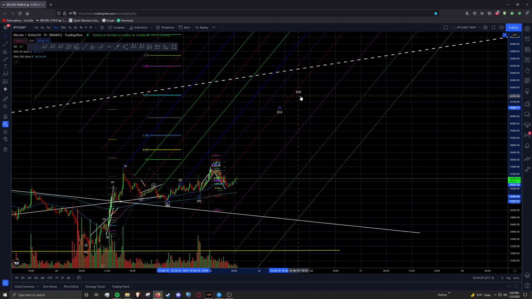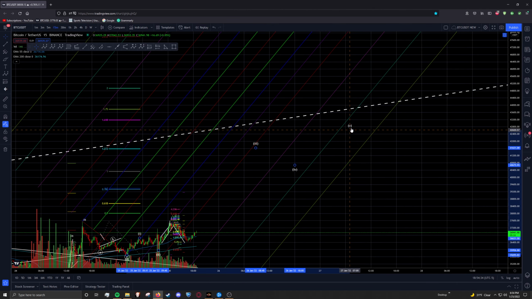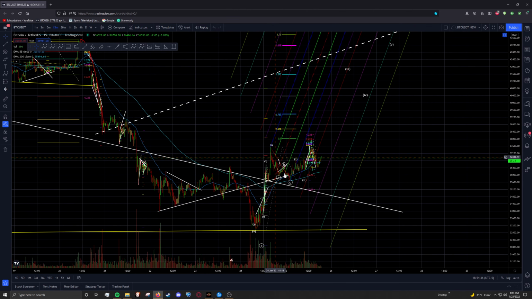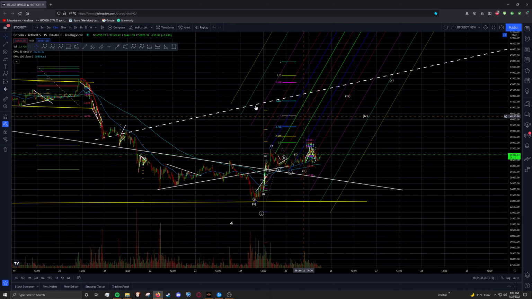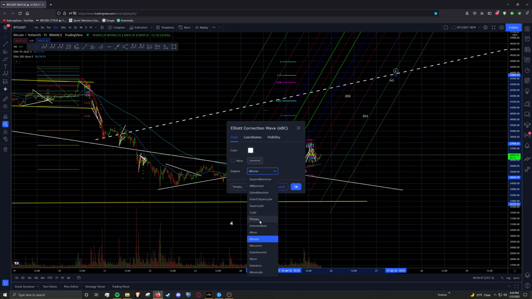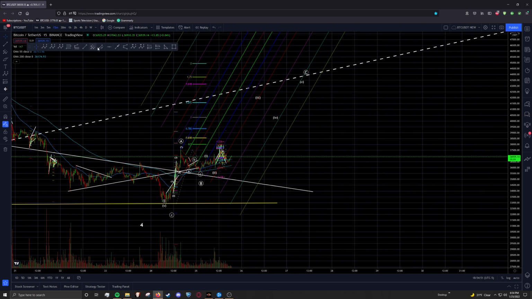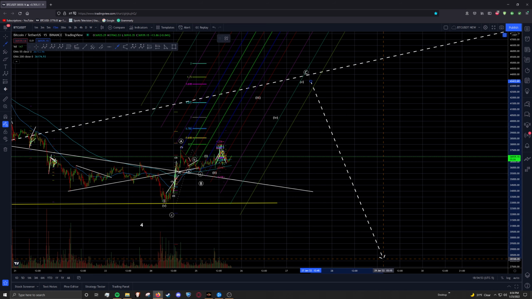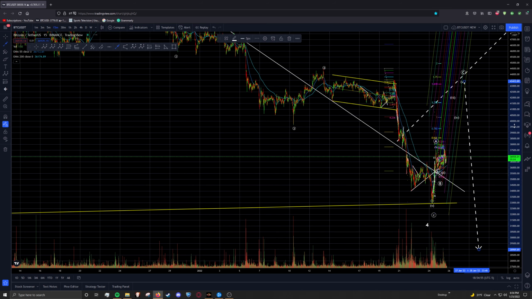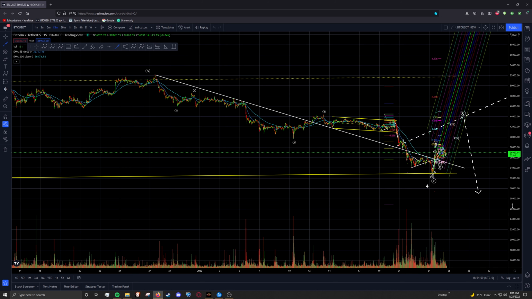So something like that would be more bearish, because now instead of a 1, 2, 3, it's more looking like a B, C. And I'll change that degree. And then what happens after that is another impulse down. So in short,